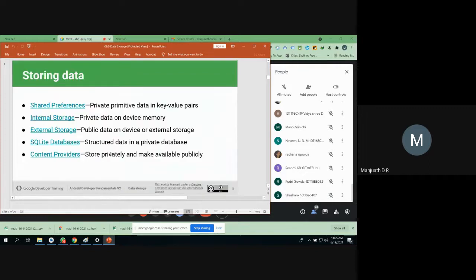So there are different ways you can store the data, as I already told you. The first thing we are going to learn is shared preferences. So what exactly are shared preferences? We have a separate unit for shared preferences. I'm going to explain to you today one hands-on example of how we can utilize shared preferences in order to store the data. Normally, in shared preferences, the data is stored in the form of key and value pairs.